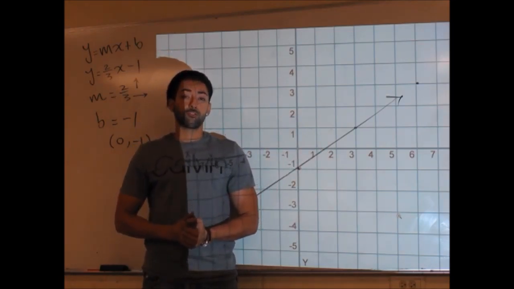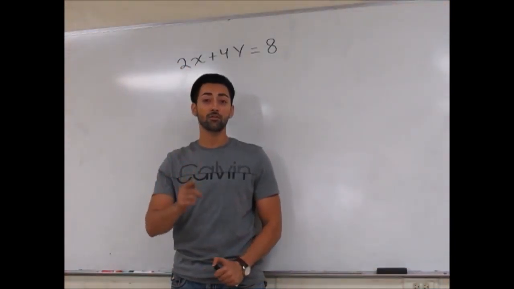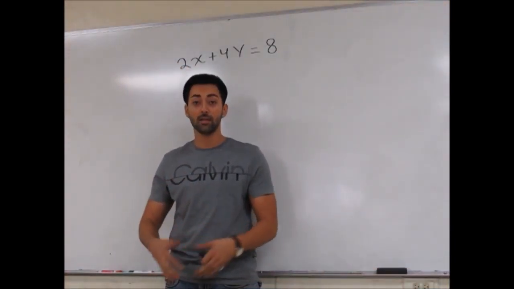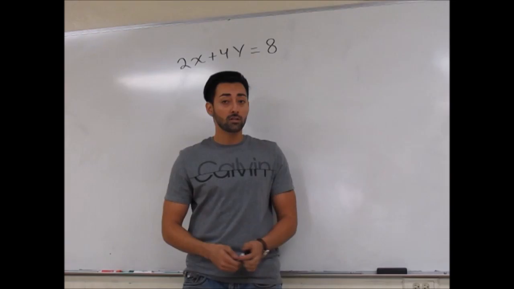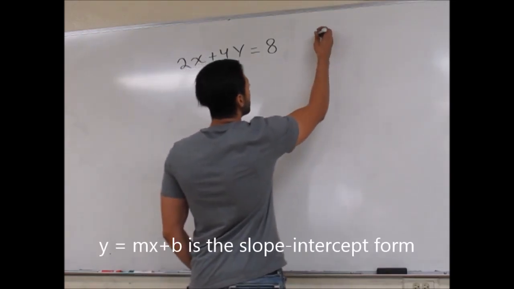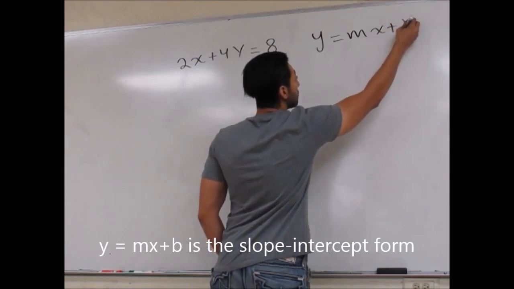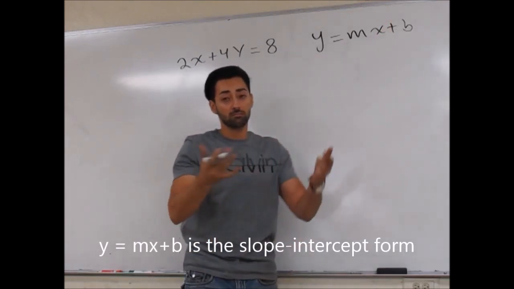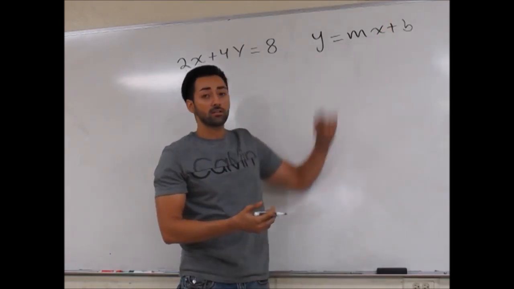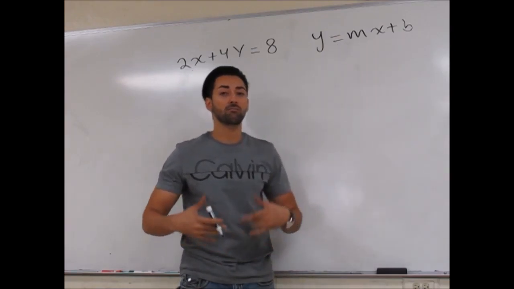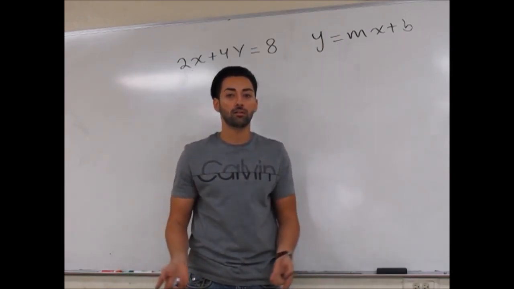Okay, we'll look at more examples next. Okay, continuing on the slope-intercept form. If your equation is not already in the general form, which is y is equal to mx plus b. I know I keep calling it the general form, but this actually is called slope-intercept form. When they say put your line in slope-intercept form, this is what they mean. But it's the general form of a line, so I call it that.